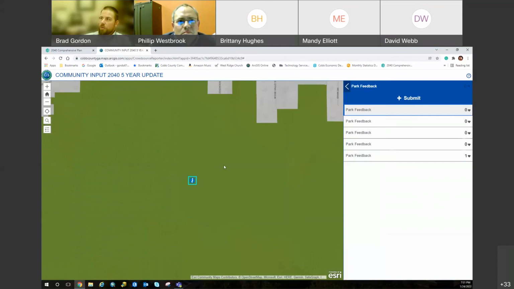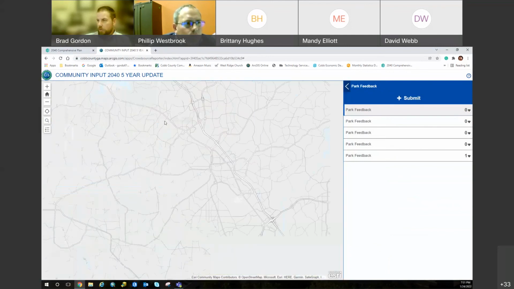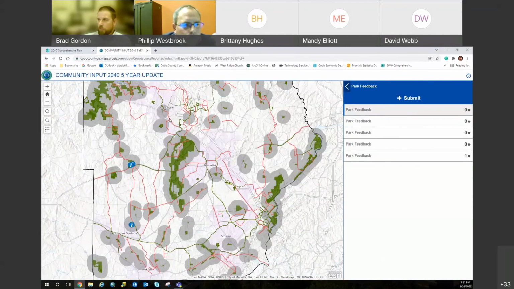And for any of these, if you get zoomed in too far, or you're not in the right location or anything like that, you can always hit home on any of these three maps, and it'll go back to the starting scale that we started at. And you can also see the other comments. These little eye indicators indicate another comment that's been made in another location. That is basically it for this application. It's pretty easy to use once you get familiar with it.